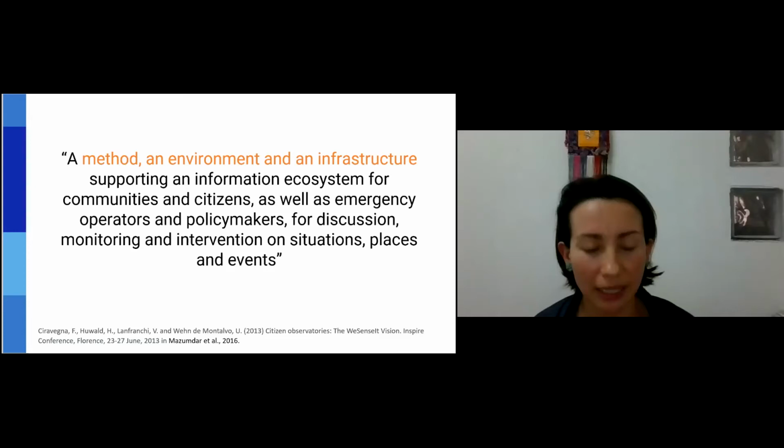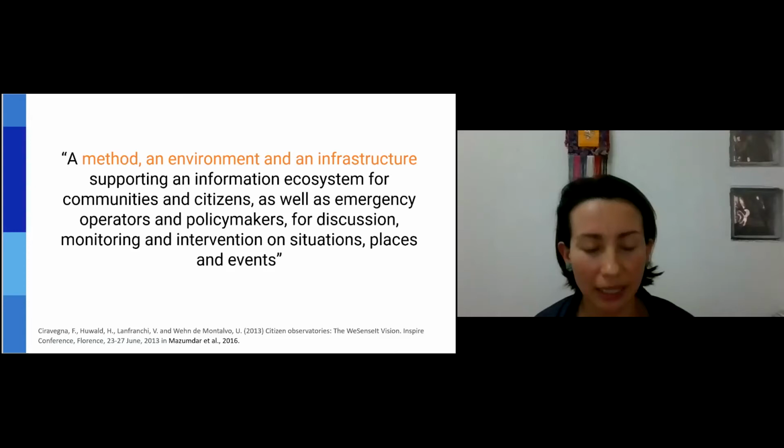The method consists of actually having different sessions of co-design where different actors and stakeholders discuss together how the citizen observatories should be. And this is definitely a methodology that helps citizens to actually condition the future of that particular observatory in particular, but the whole set of citizen observatories in general.